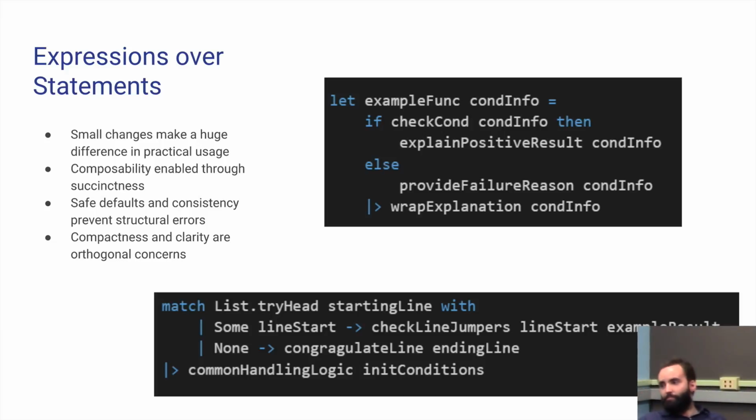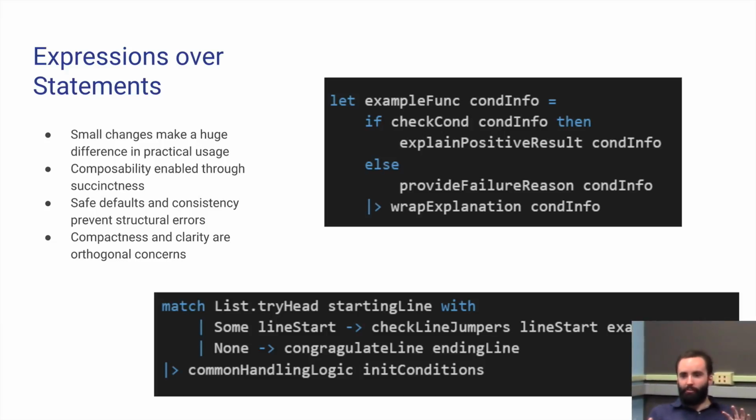It's probably just because of the currying, right? Like wrap explanation cond info gets curried, and then... Exactly. So that's another thing with the default currying I mentioned before. Because you can just throw arguments onto functions as you're going along, instead of, I don't know how many people are familiar with the argument object, where you keep calling functions on an object and it keeps adding arguments to it. Very similar pattern here, except you don't need to declare your own object. You can just keep throwing things at it and it stores it as it goes along.